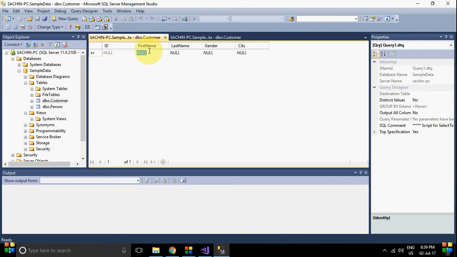So enter some data, John Smith, male, NY, Jane Smith, female, Washington. Okay,